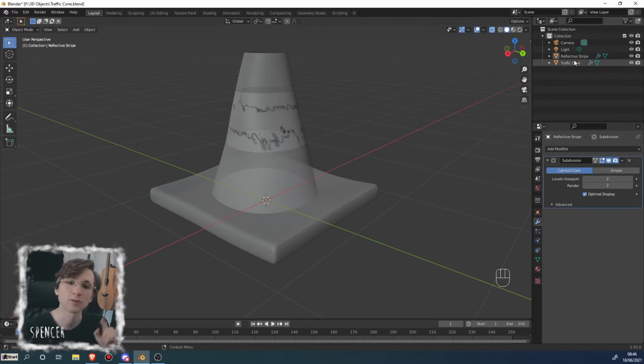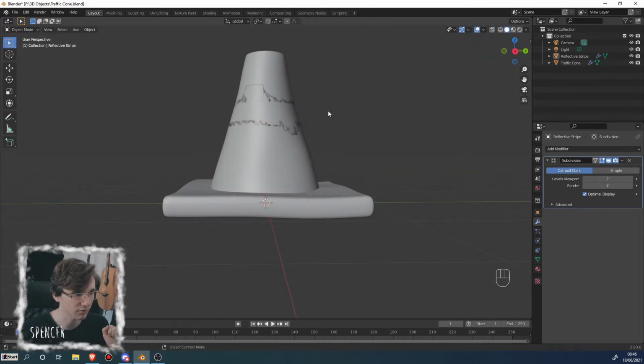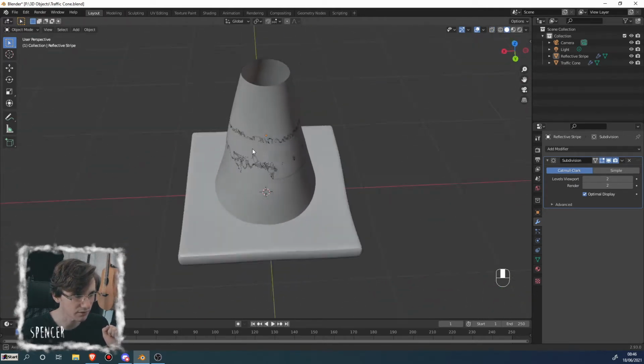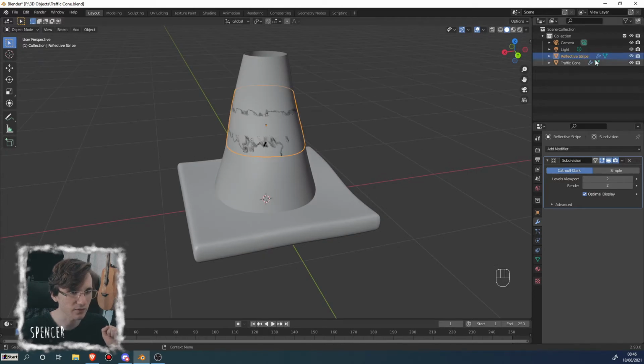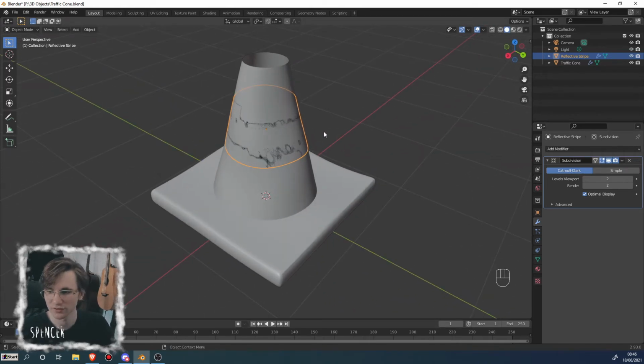What's next? Well, the subject of this video, the Modifier tab. So, for starters, let's turn off X-ray mode so you can see this stuff a little bit clearer. What I'm going to do is select the reflective stripe, and go into the Modifiers tab, which is already open from the time that I put the subsurf on. So you can play around with this. The first thing that I am going to do